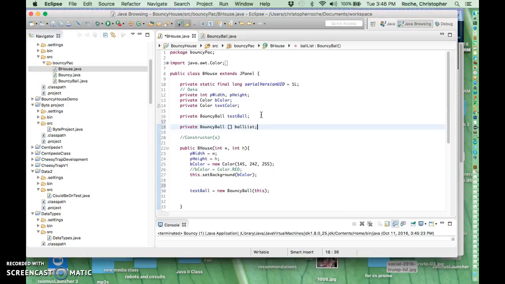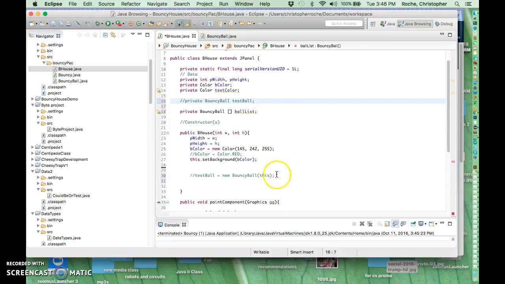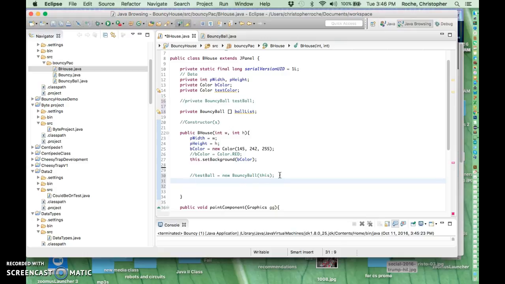Okay, I think that's how I do it. Okay, that looks good. Then what I'm going to do is not use the test ball anymore, but use this list. So I've changed what I'm doing now. What I'm going to do now is I've got this thing called a ball list,